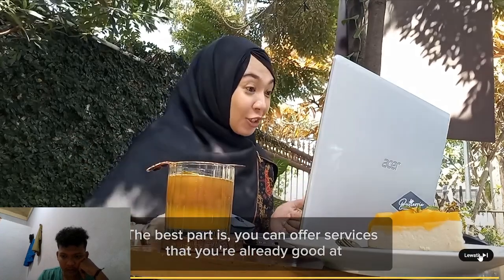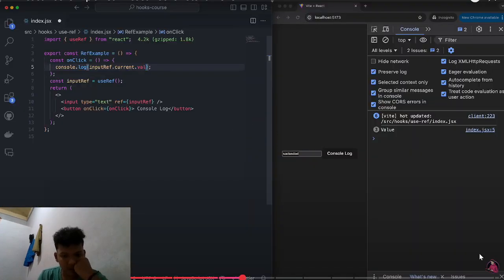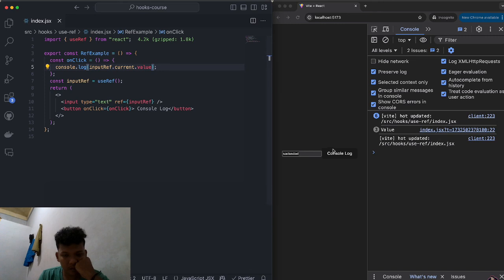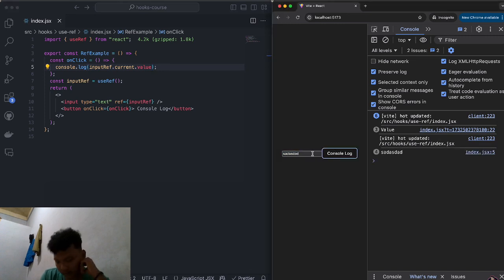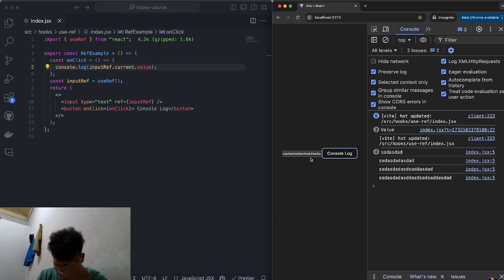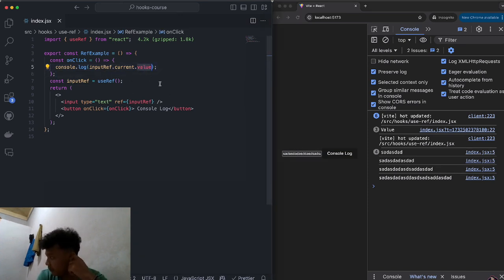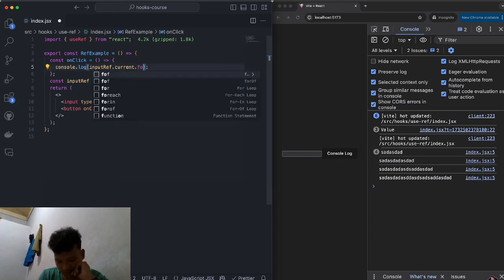The best part is ref.current.value. And you'll see that if I click console log now, it should put the information of this input. So it allows you to grab specific things from the DOM. Now, another thing that it helps you do, that people love to point out, is focusing, right? You can call functions that are primitive to the HTML element. For example, if I want to focus on this input whenever I click on this button, I can just say